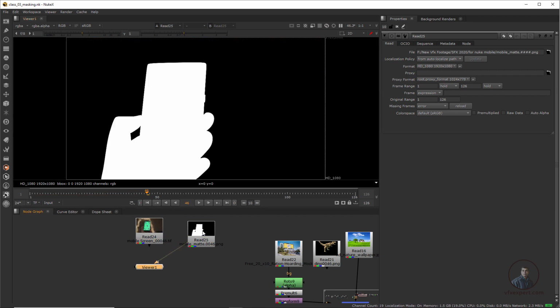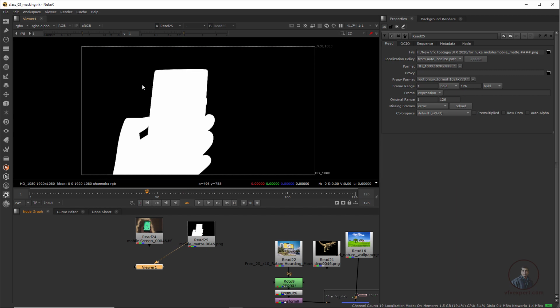So what is actually a matte? A matte is actually just a black and white image. Black means transparent, or this area will be ignored, and white means opaque, meaning this area you will get. So with the help of this matte you can composite any shot in Nuke. This matte you can generate from other resources, maybe from Silhouette, from Mocha, yeah, from other resources also you can generate this matte. Even in Nuke you can also generate this matte.